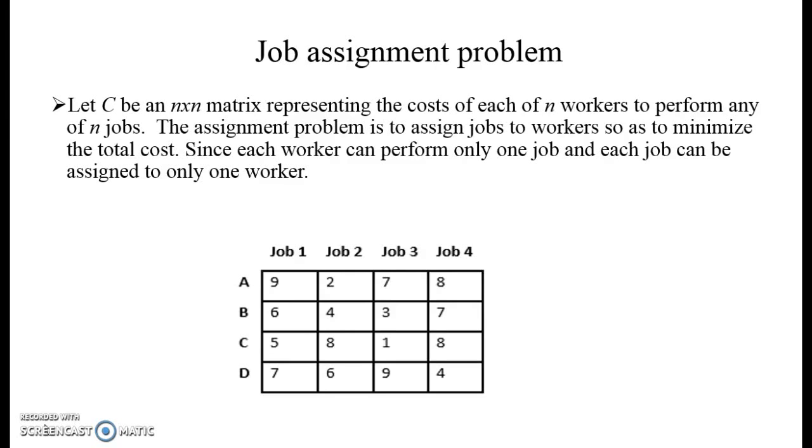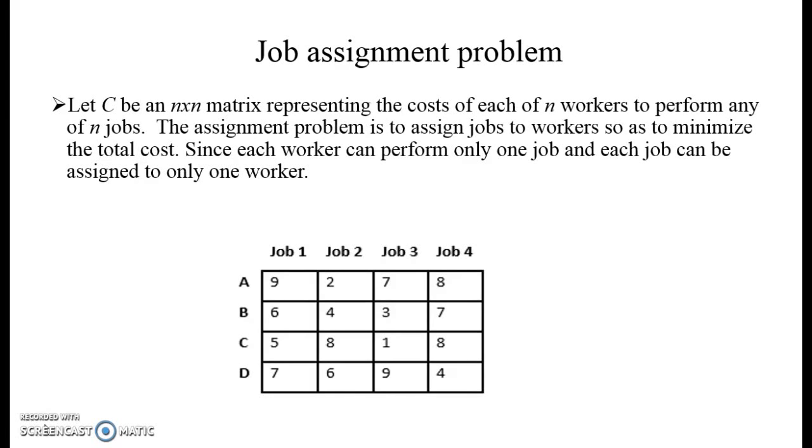Now, what is the job assignment problem? Let C be an n cross n matrix representing the cost of each of n workers to be performed by n jobs. Here C is a cost matrix. The assignment problem is to assign the jobs to workers so that minimum cost will be achieved, since each worker can perform only one job and each job can be assigned to only one worker. In short, in the job assignment problem, we need to assign one job to each worker in such a way that total